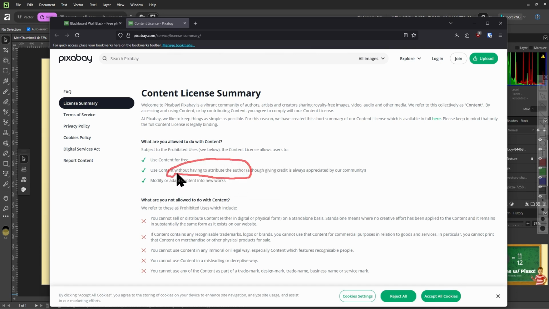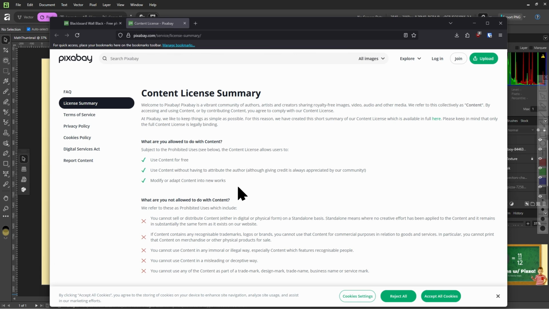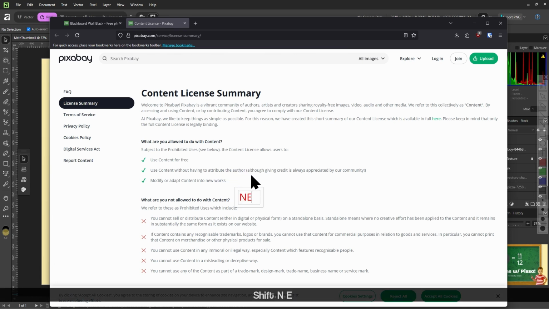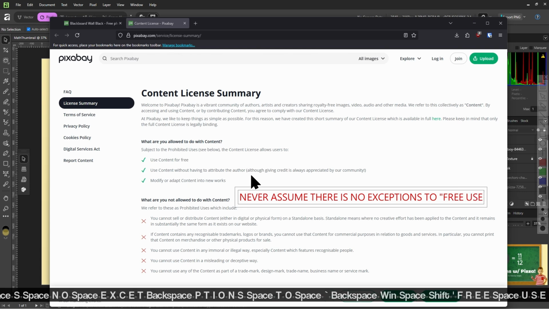So we can download and use images from Pixabay without having to say, oh, this image came from Pixabay, even though it is always appreciated. But here's a quick warning. Whether you use Pixabay or any other stock image sites, never assume there are no exceptions to free use.